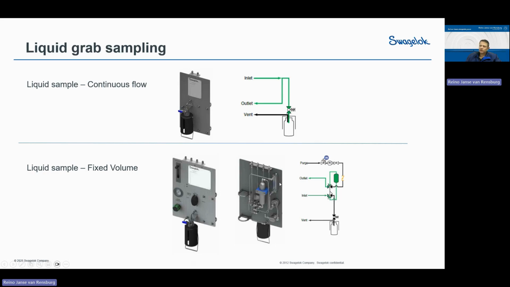Okay, so once you run your system, this cylinder, if we look at the little green bulge in the middle of my drawing here, will fill up with the complete 500 ml sample. Once you open the valve at the bottom to dispose that sample into the cylinder, it closes the system off, and you have a nitrogen purge that opens and then pushes this exact 500 ml into that glass bottle. So there's no way for you to overfill the bottle. So to make sure you always get a consistent amount of sample and no overfilling or spillage in your plant, this is quite a good option to use.